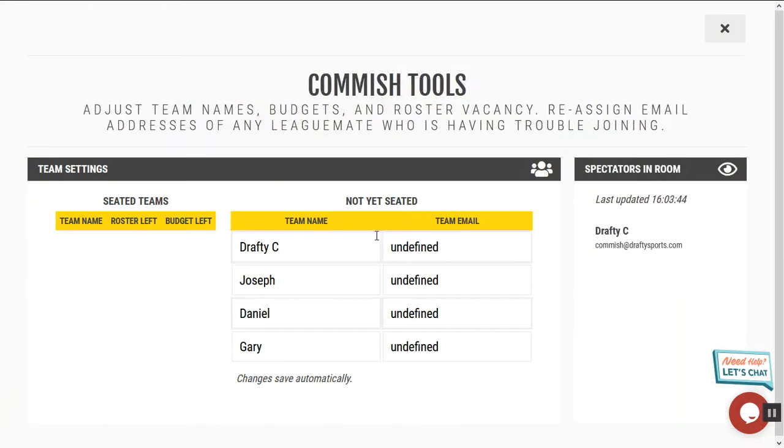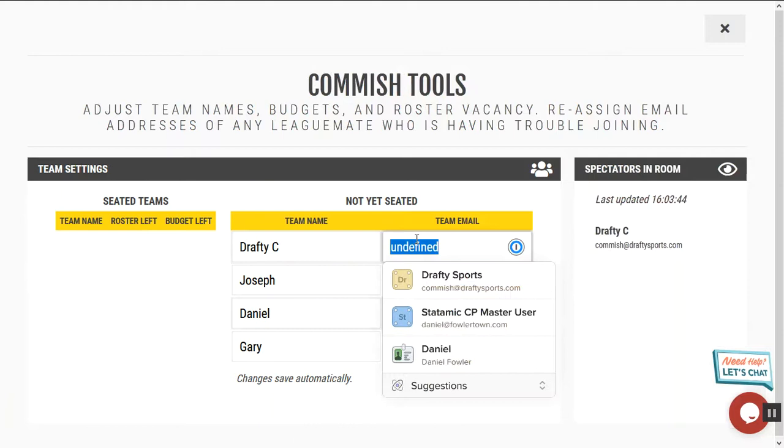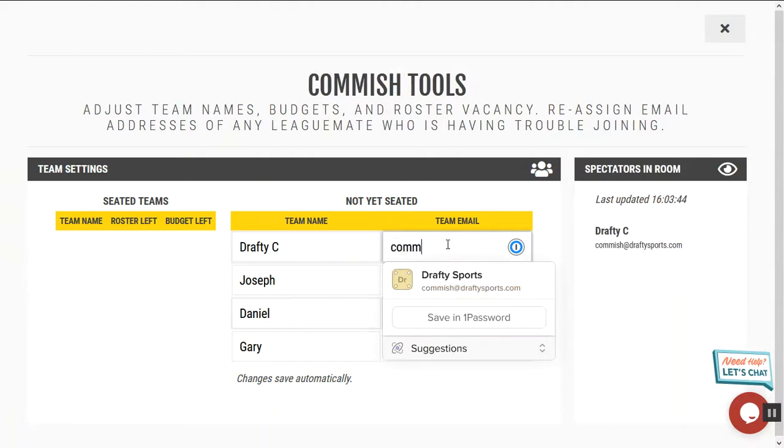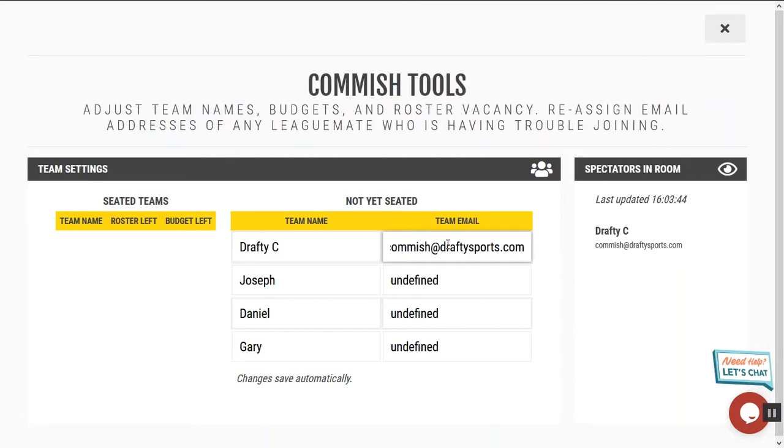I'm going to go to team settings, and I'm going to change undefined next to DraftyC, and I'm going to make this commish at draftysports.com. That is the email address that I'm logged in with right now. If you're actually the commissioner trying to do this, you can copy and paste the email address right here. And what that's going to do is